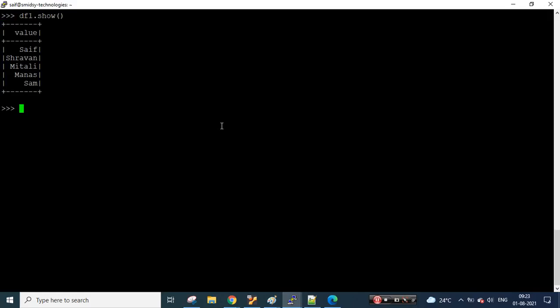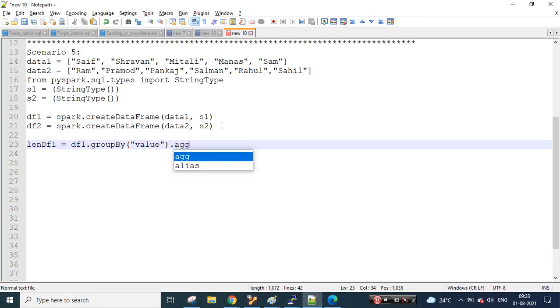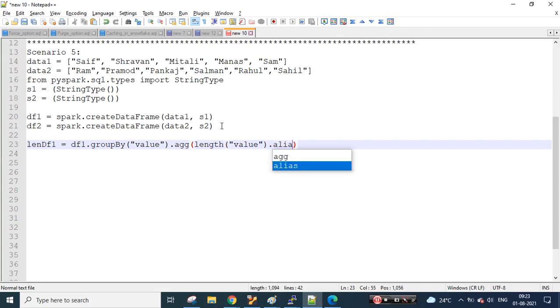Based on that, we'll try to do some aggregation. So we'll try to do aggregate, and we'll say length, that is length of value. So I'll try to get that length, and I think that's it. Let's see whether this is working or not, and I'll just alias this as count. Let's copy this,